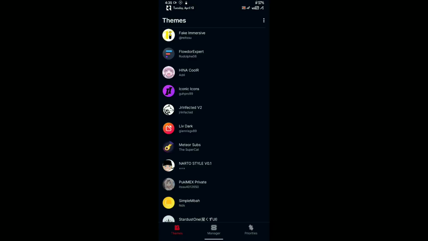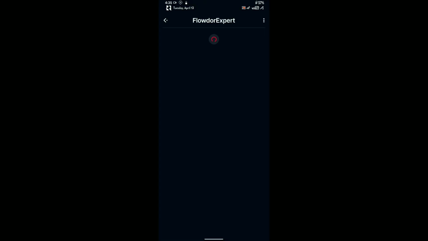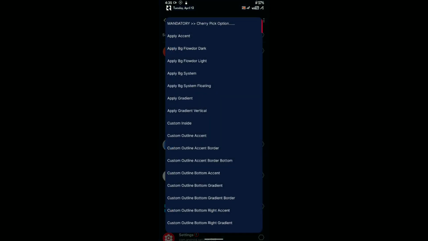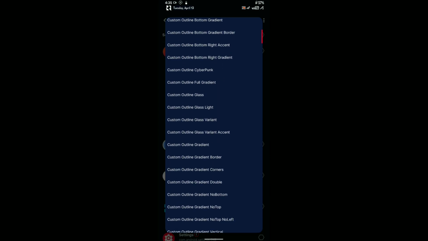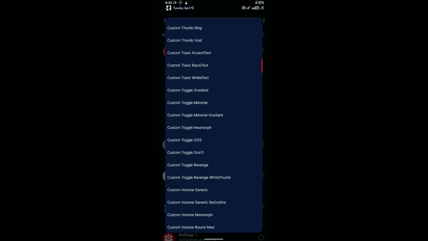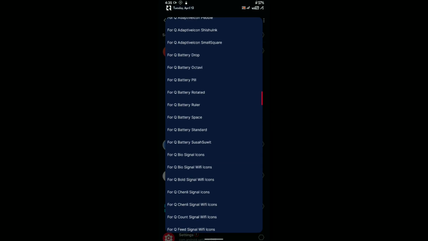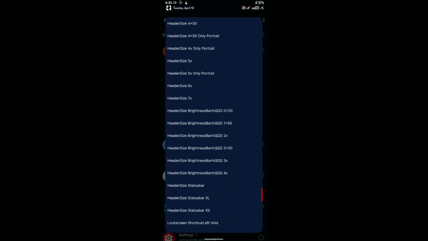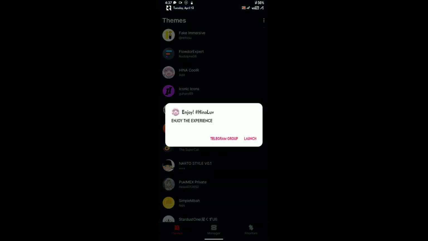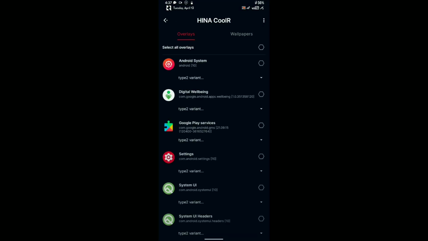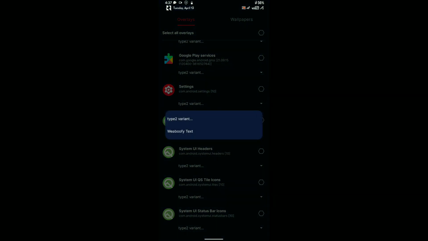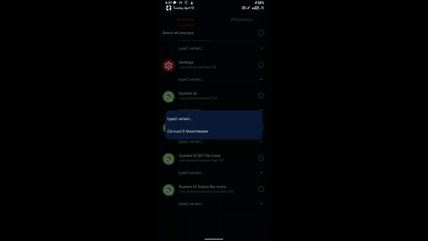Then comes Loader Expert, which is too much to fit in this video as it has too many overlays, and I tried it for making something out of it, but most of the time I had system UI crashes, and currently I use it for setting icons only. As you can see, it has everything for every setting. Hina Cooler is mostly for VIPs due to its cool Vivify text in settings and that notification divider. It also includes some custom icons for Wi-Fi, signal and other things.